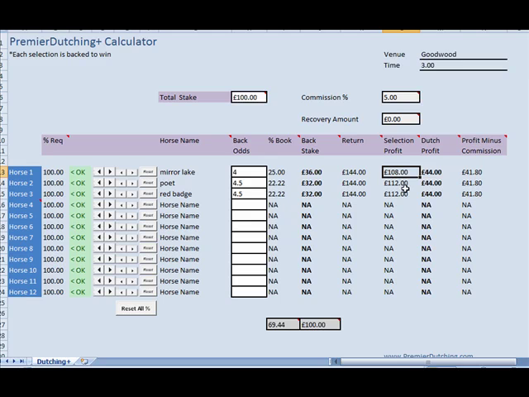And the selection profit, this just tells you what you're going to be getting back if you were to place it as a single back bet without being part of the Dutch. And obviously, as already explained, this is simply minus the commission that you enter into here. Now if you wanted to add a fourth selection in, let's